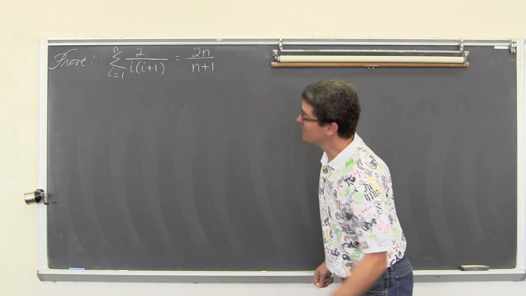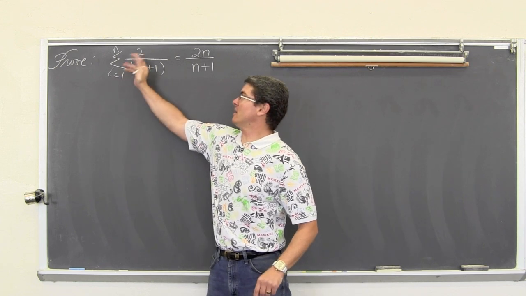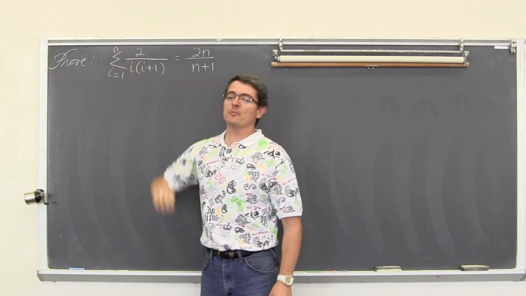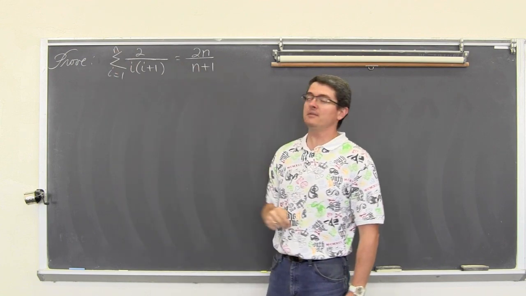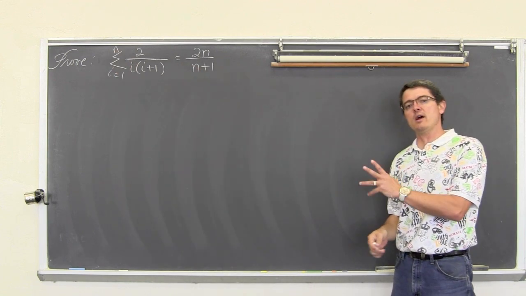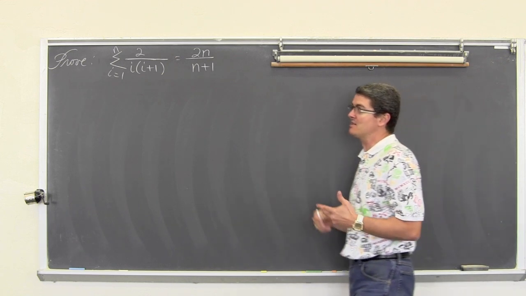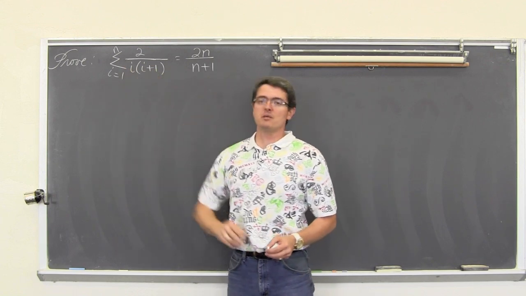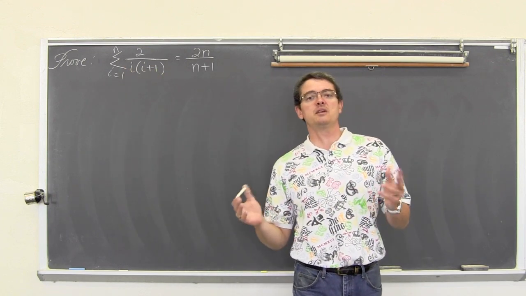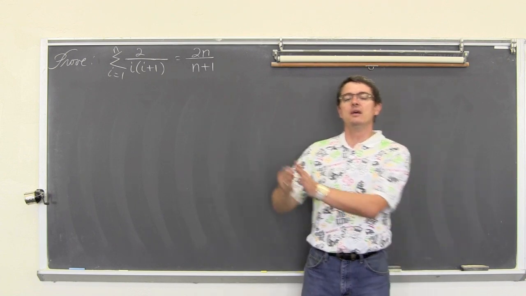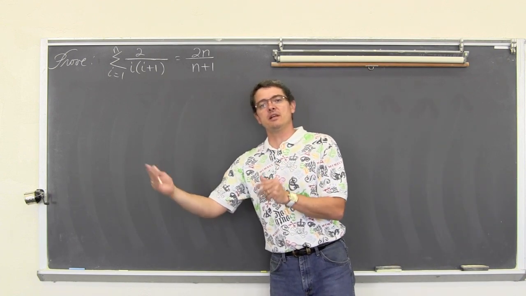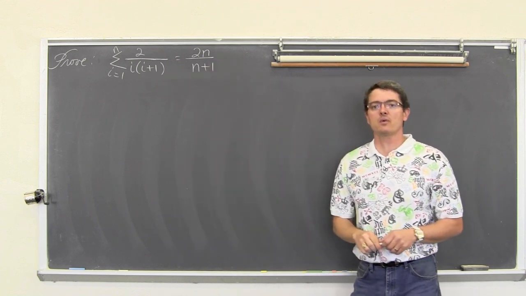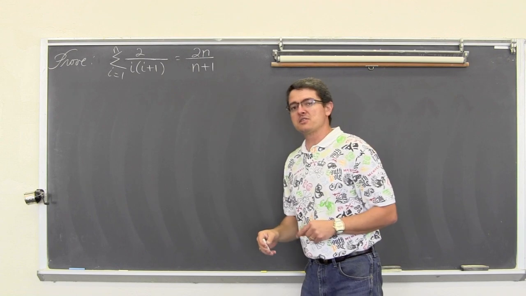Our third and last example is we're going to prove the summation of 2 over i times i plus 1, where the lower index is 1 and the upper index is n, is equal to 2n over n plus 1. Now this question looks quite a bit different than my previous two examples, but indeed it's really not. We're going to walk through the exact same process because the summation symbol is basically just shorthand notation for repeated addition. In my previous two examples it had exactly that, a sequence of additions on the left-hand side, and then it equals some kind of summary shorthand expression we can use on the right.